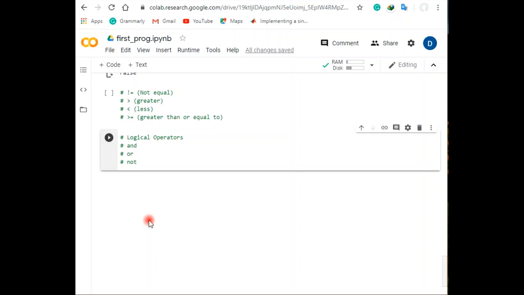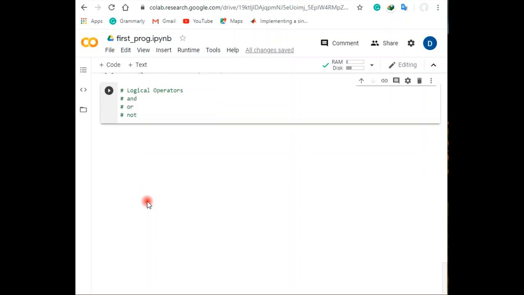So see, the AND operator has to work here because the two conditions have to be satisfied simultaneously. One, the person should be inside the room, and the room temperature should be greater than 20 degrees Celsius. This kind of situation will help you to operate the AND operator. Similarly, where there is one optional condition, either the person should be in the room or the temperature, then it is an OR condition, and the third one is the NOT condition. So when no one is here, then the fan should remain off. So sometimes the NOT situation comes up. So we will take an example and make this kind of program with the help of all these operators to make you understand. Let's take a very simple example here.